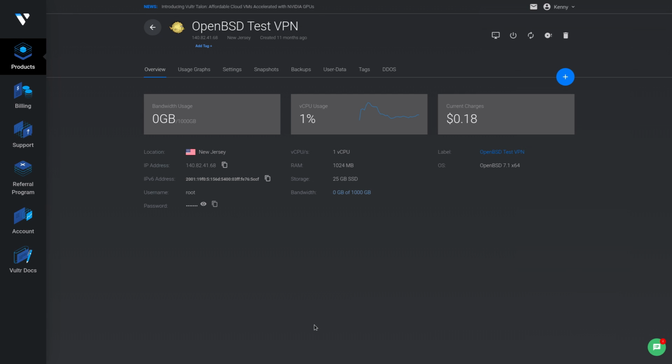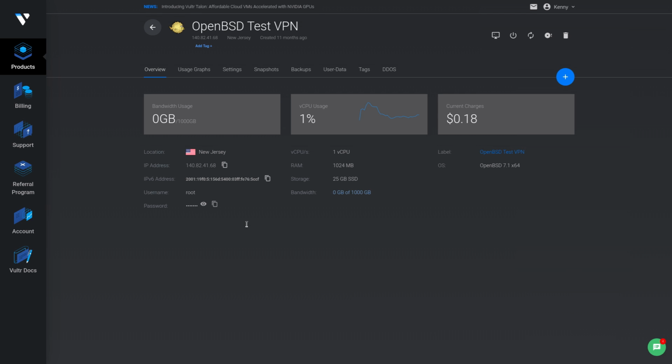Now, after your OpenBSD box is provisioned and you're able to ping the IP address for it, you want to go ahead and SSH into it as root. There's a couple of changes that you want to make for any fresh OpenBSD box. First is probably change the root password from whatever Vultr set it to. Then you want to create a regular, non-root user, and add them to the wheel group so that they can use su. You might also want to set up doas, but I just add my users to the wheel group so that I can do su